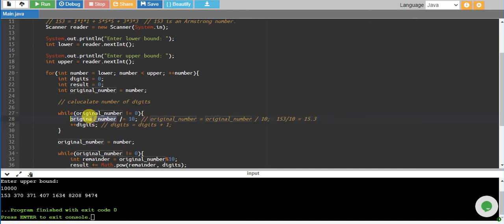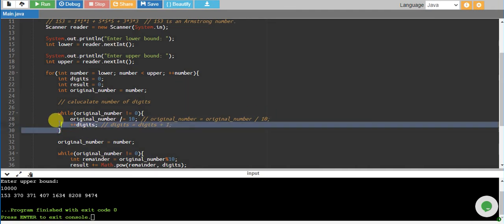Because original number is an integer data type, the point 3 will be ignored, and only 15 will be stored in the original number. So we just eliminated the last digit. One by one, we are eliminating a digit, and we are counting one as well. Basically we are just counting the number of digits in this piece of code.